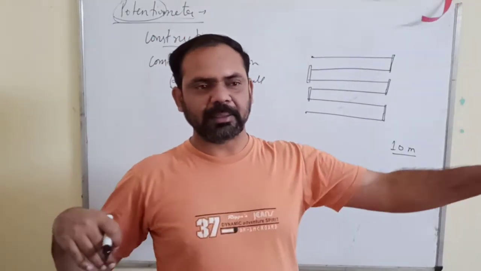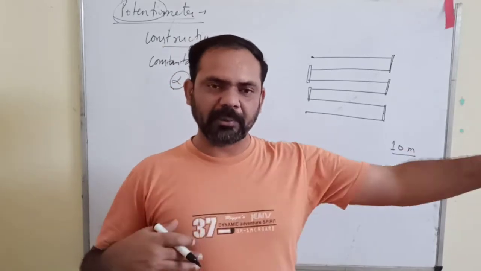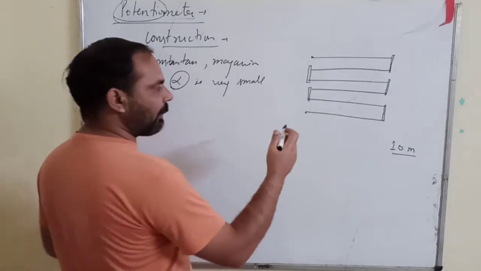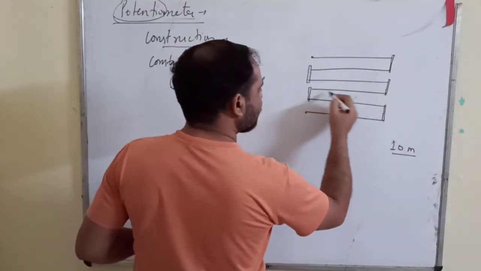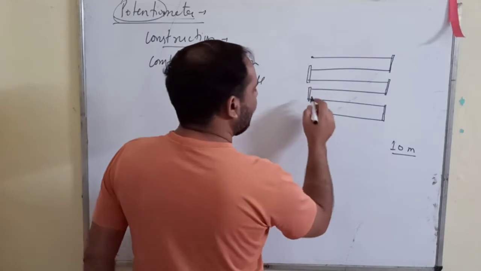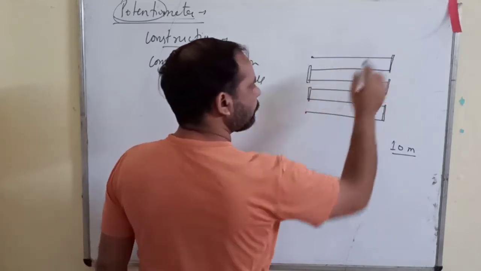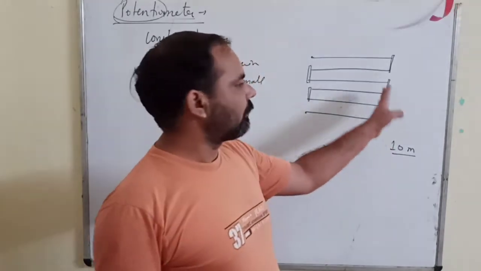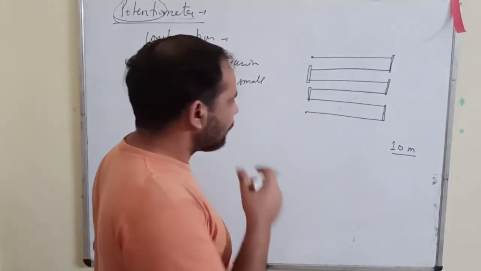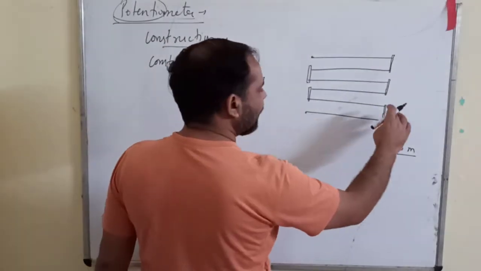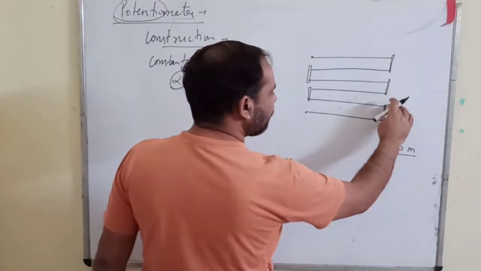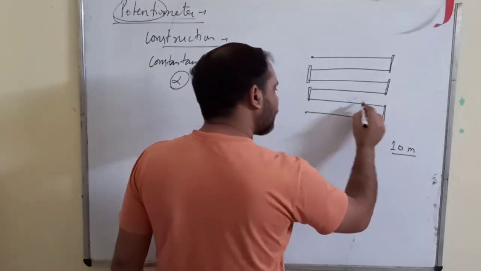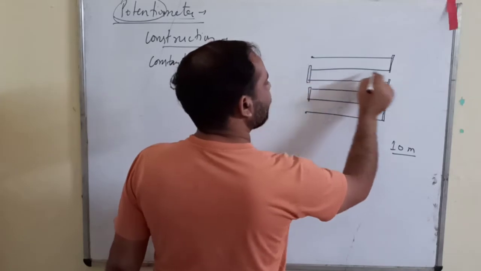Suppose we take a single length, a 10 meter long wire. Just to save space, or to make it compact, we tie it like this, in this way. And these are the copper strips, just to allow the current to easily pass through. Sometimes we don't place the copper strips; we take a single wire and it turns like this only, simply.